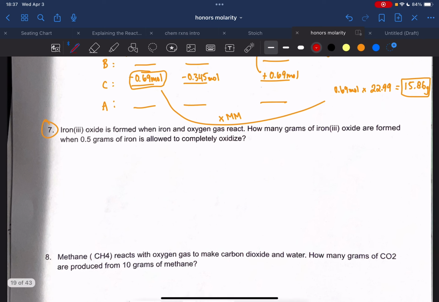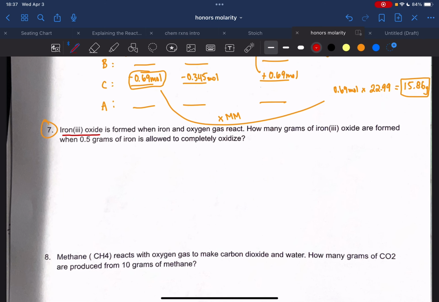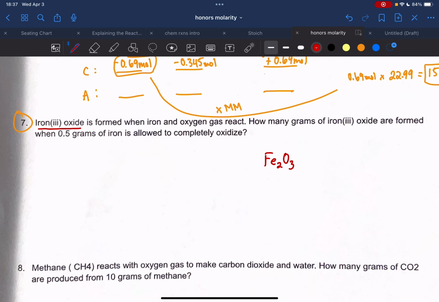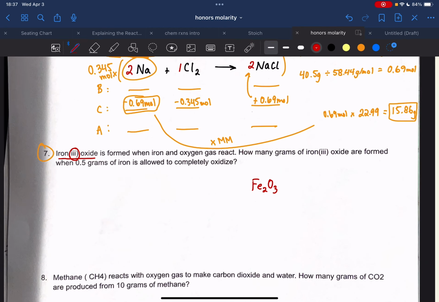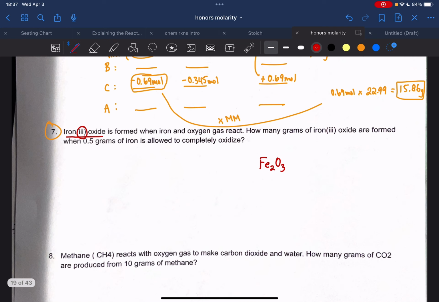So here we go. Iron 3 oxide is formed. So I know iron 3 oxide is my product this time. That's iron 3 oxide, by the way. I know that because iron has a +3 charge according to my Roman numerals. Oxide always has a -2. So I can just do this crisscross thing. Remember, where my irons add up to +6 and my oxides add up to -6. And that's how we get those to cancel out to 0 charge. All right, so that's iron 3 oxide